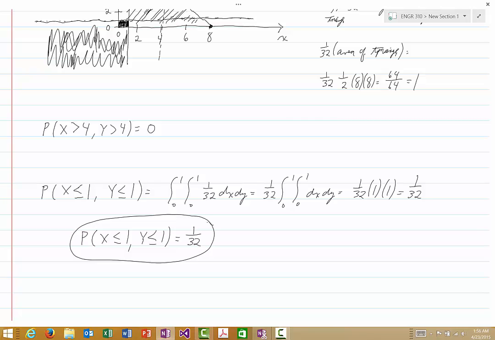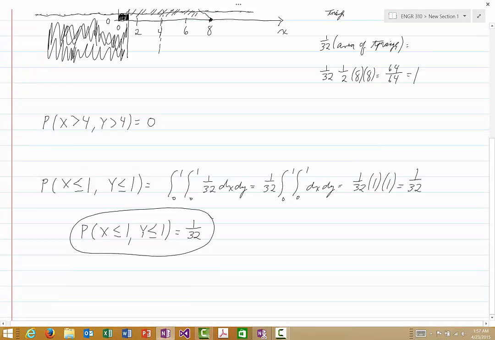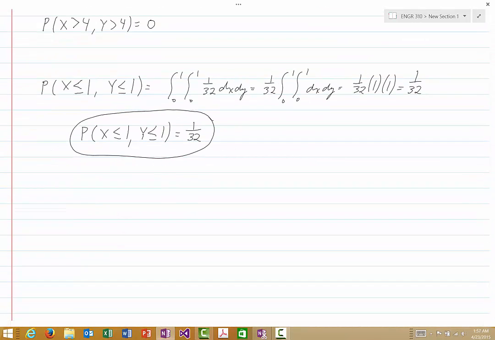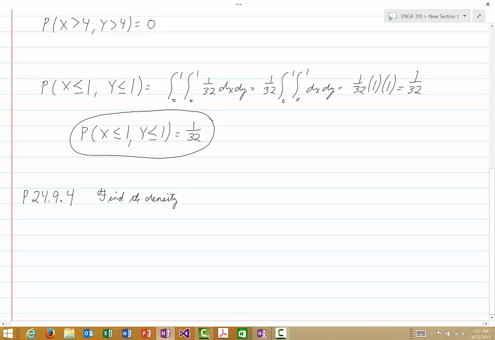Now let's look at problem number 3, which is slightly more complicated. Okay, so this is 24.9.3. Actually, 24.9.4 is directly related to our problem we just did. So let's do it first, and then we'll come back to 3. Okay, so 24.9.4 asks the following: find the density of the marginal distribution of x